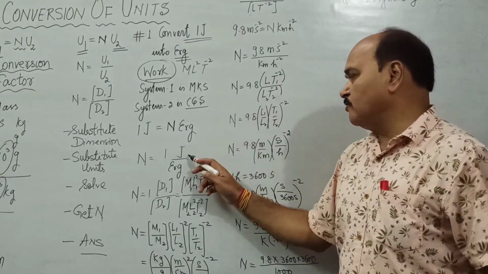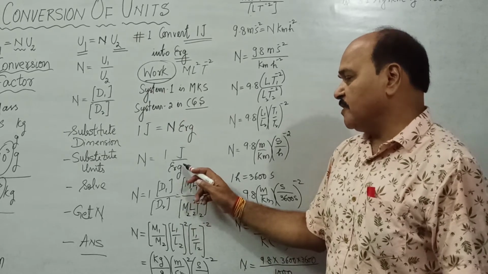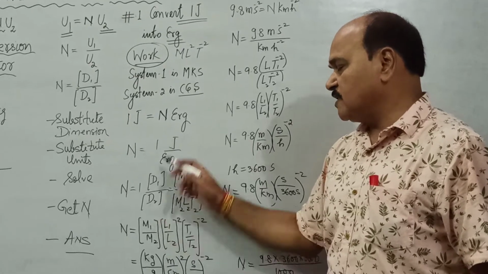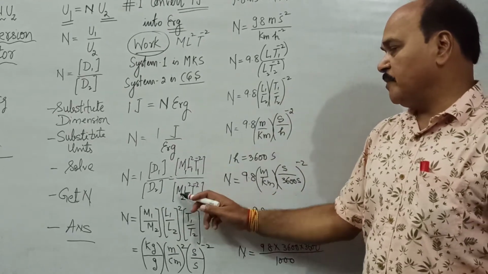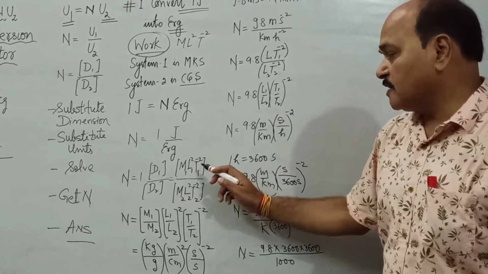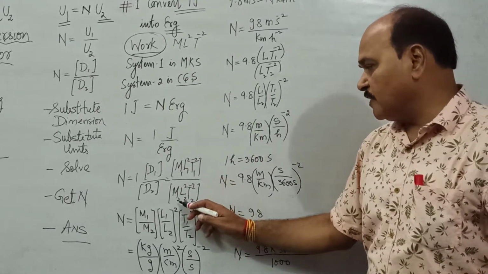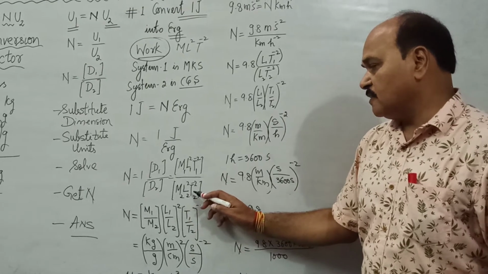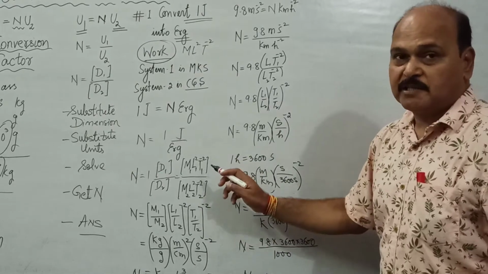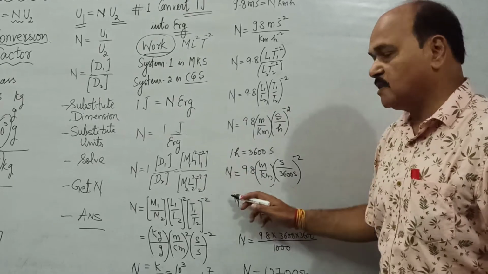This joule is replaced by the dimension of work in system number 1, and this erg is replaced by the dimension of work in system number 2, that is the CGS system. The dimensional formula is ML^2T^-2 in both; the dimensional formula is the same. Since this is the dimensional formula of work in system number 1, we write 1 in the subscript. Here also we write 2. This 2 indicates system 2. This is the dimensional formula of work in system 2. The dimensional formula is the same, but to differentiate both, we have written 1 in the subscript here and 2 in the subscript here.